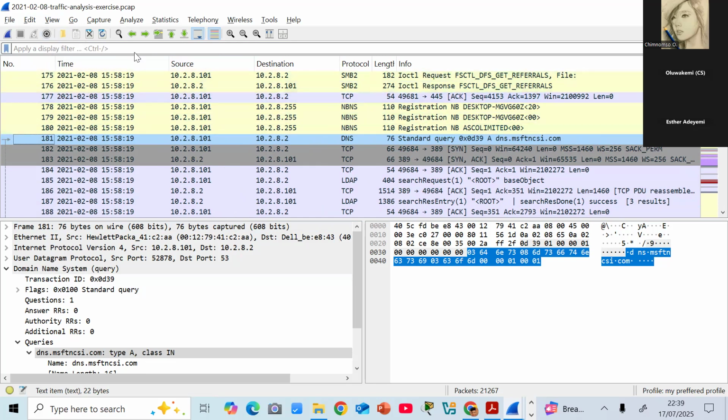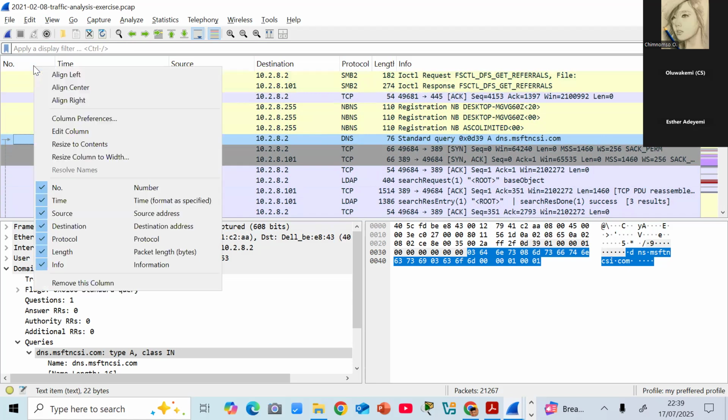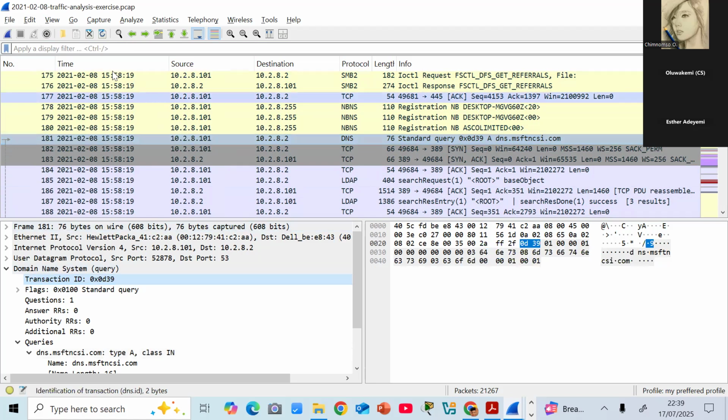So that's that one. Another thing you can do, if you don't want to see this sequence number, I think it's good, but sometimes if you think it's not useful for you, you can decide to say, I want to take it out, and you just remove this column. You can leave it if you want. And you can also add more